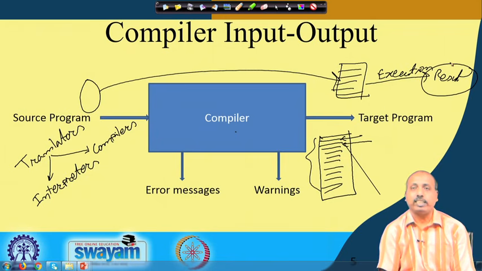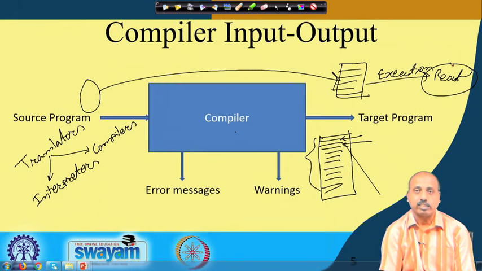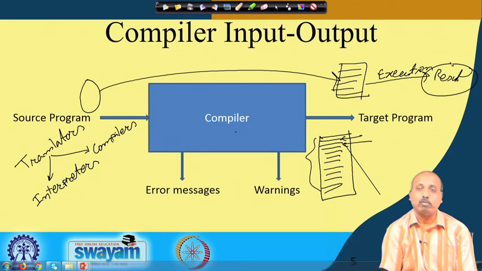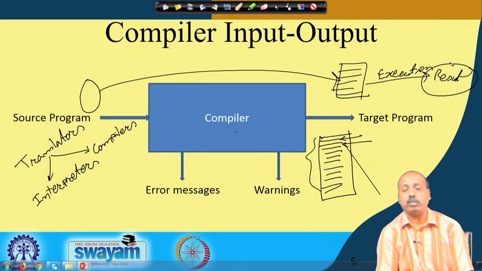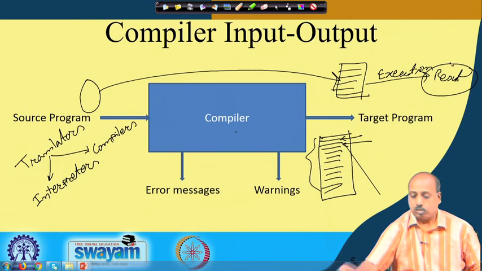So, it may be advisable that in the initial phase of program development we use the interpreters, and in the final phase, when the interpreted programs are running correctly and we are happy with their execution, we give the program to a compiler, so that the compiler will generate the target code directly. The target code execution will then be much faster compared to the interpretation of the source language program. The interpreters work at the source language level, whereas the compilers also work at the source language level, but they convert the entire program into machine code. So, as far as execution is concerned, it is done for the entire piece of code.